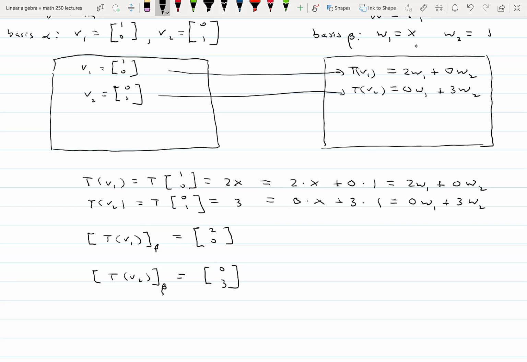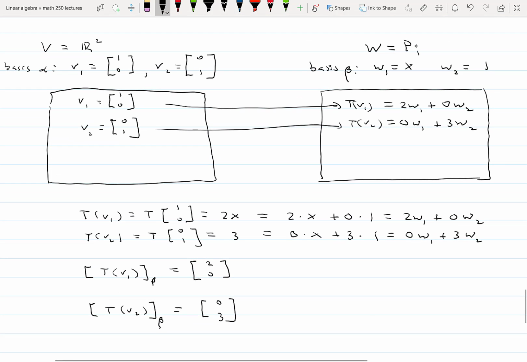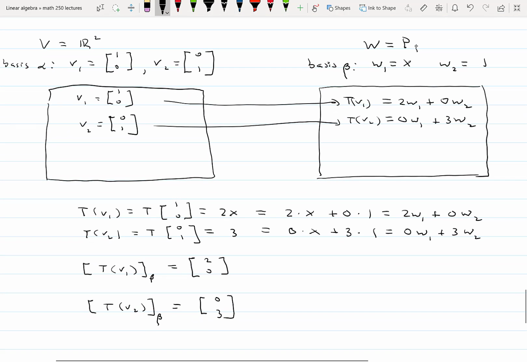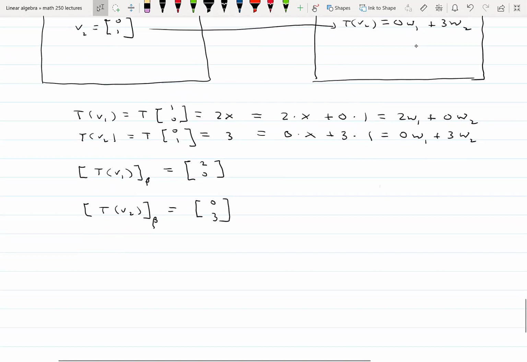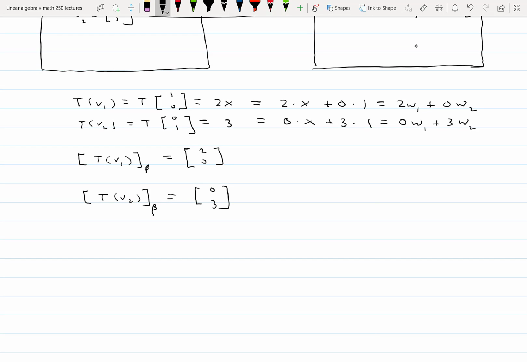Okay, so notice that again the vectors in W are not column vectors, but their coordinate vectors always are. So what we're going to do is define the matrix of T with respect to the bases alpha and beta to be